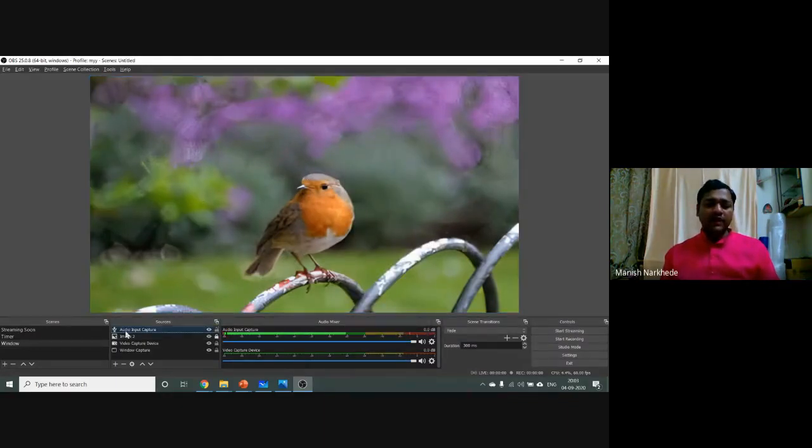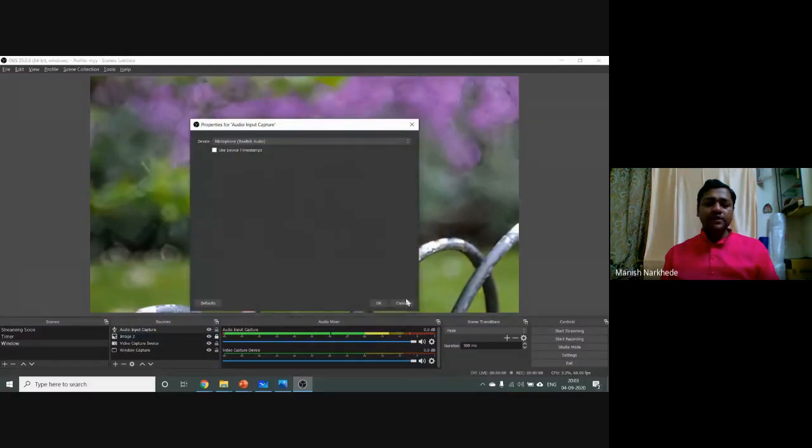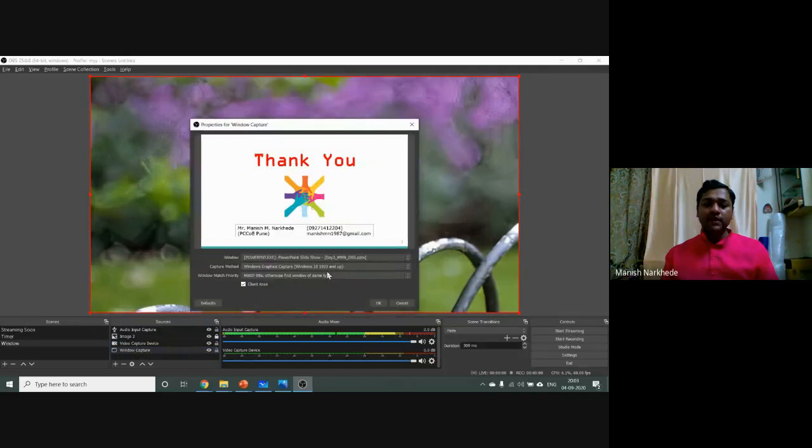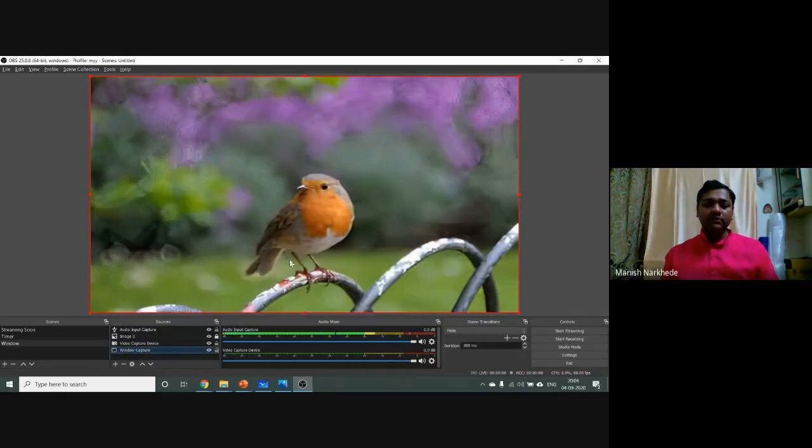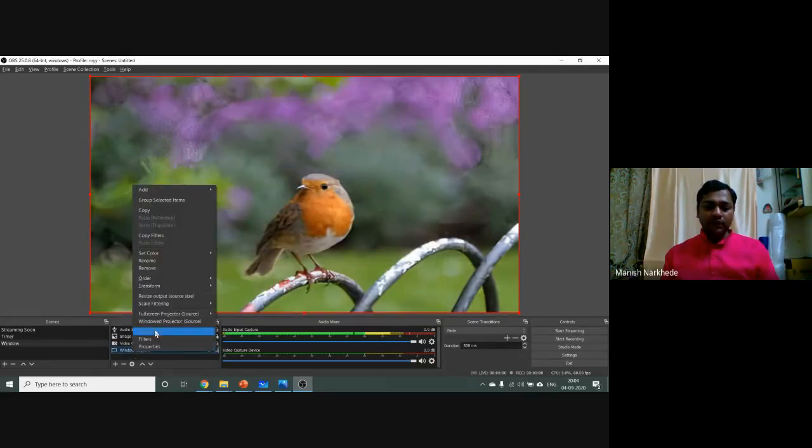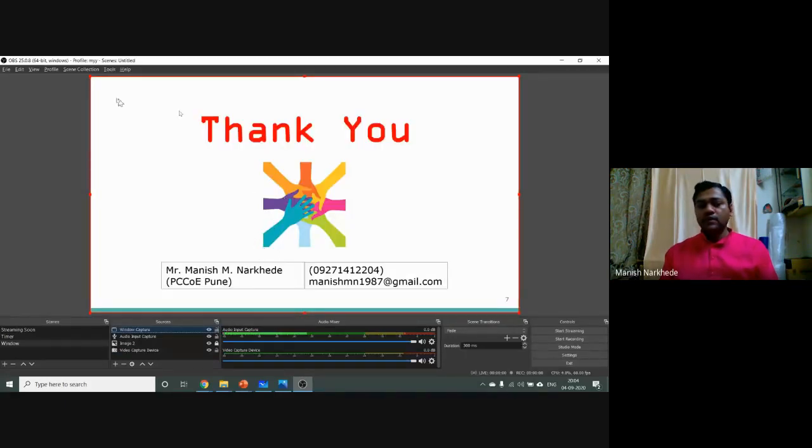And whenever I want audio to be captured, whenever I want video to be captured, whenever I want a window to be captured, right? So every time it is there, it will be there. So you can just click on window capture, and you want that window to be here onto your screen. So you can go to order, move to top. See. Now if I want this window to be little,